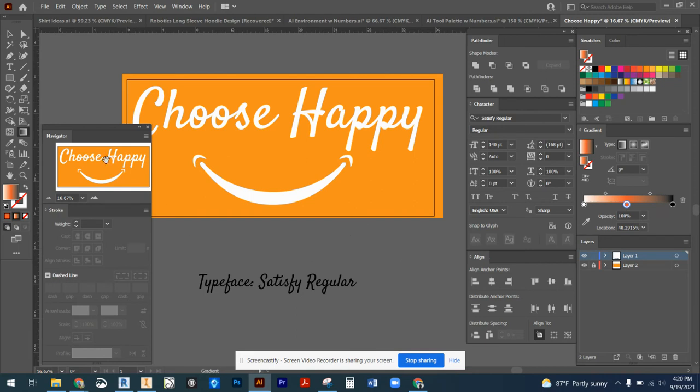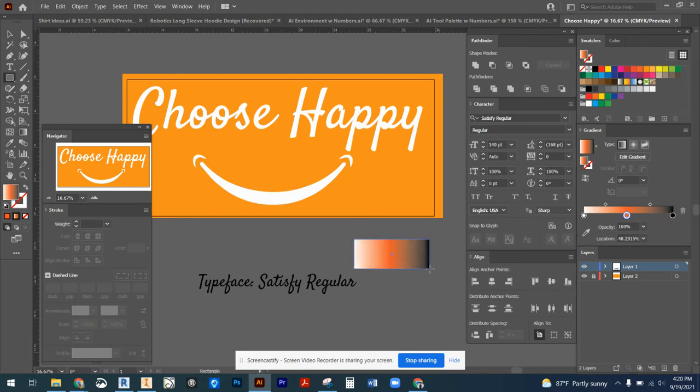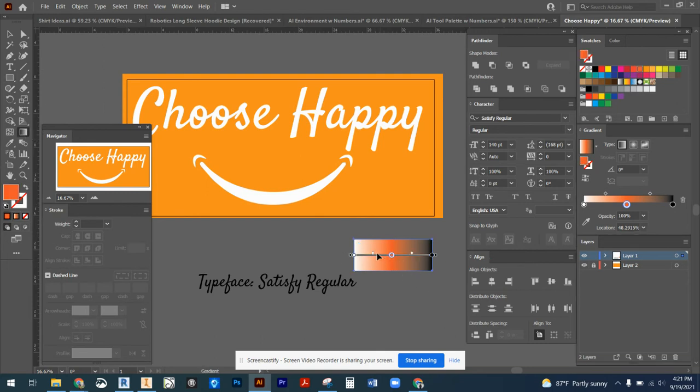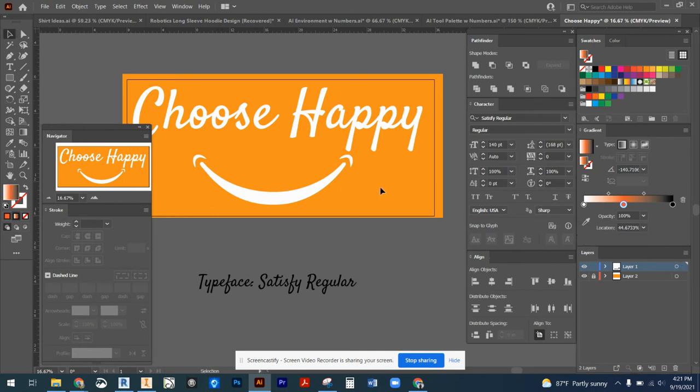So I can grab, oops, that's not a shape tool. I can grab a shape tool, and whatever gradient I have active will show up in what we call my fill color. And then by using my gradient tool, my slider will pop up and I can adjust my gradient here, or I can adjust my gradient in the little slider. Maybe I would want a little bit more heavy black. And then with my gradient tool, I could also change the direction by clicking and dragging on whatever object is active. So that is the gradient tool